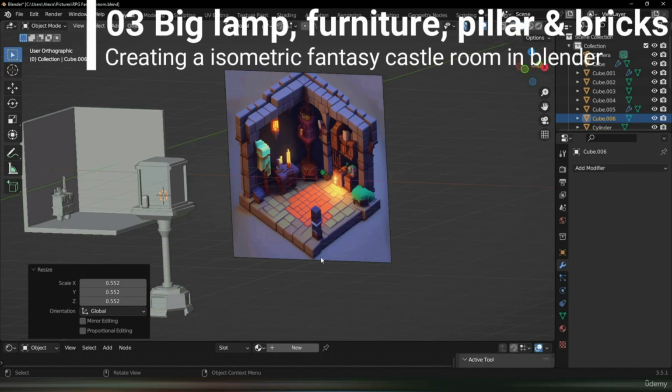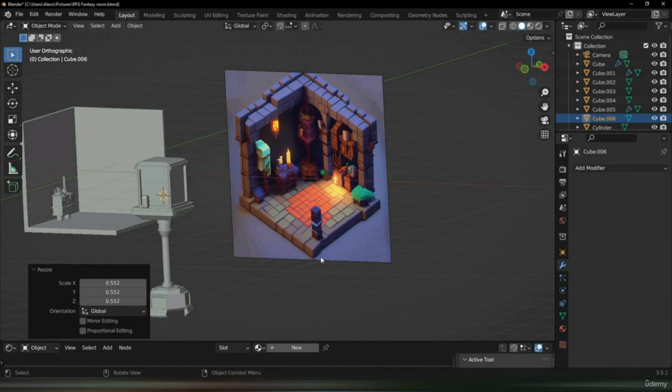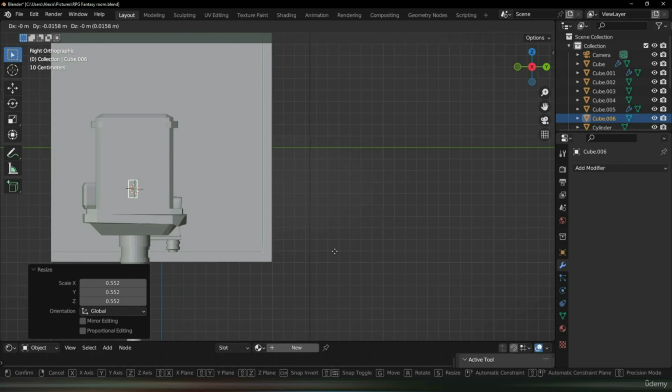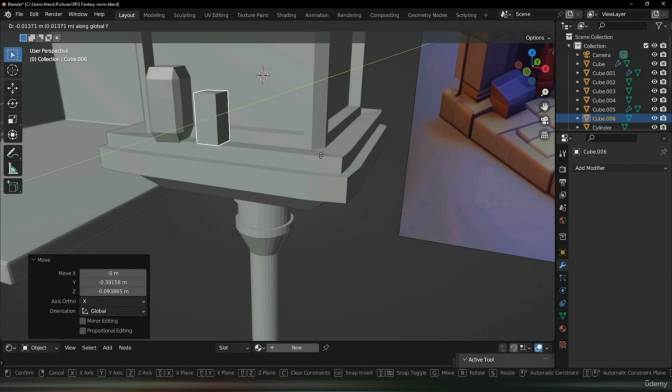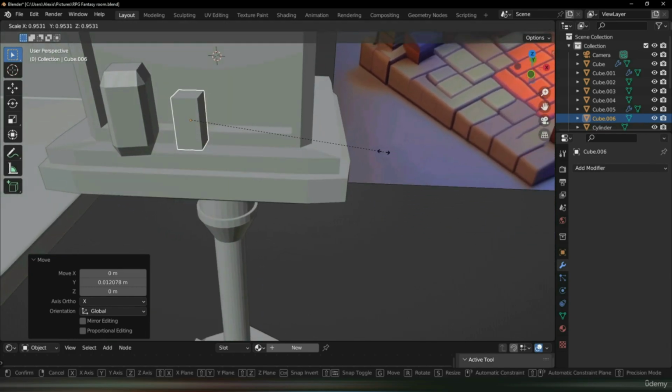In this third part, we're going to continue adding a few little objects to the lantern-looking thing. Then, we're going to start working on the pieces of furniture that are below the shelves. We're going to make a pillar so that we're able to position all of these little pieces of furniture. We're going to start making the bricks that go on top of it, and then we're going to put the other bricks behind it. 3, G, put it right about here, holding Shift, G Y, there we go, we can scale it down,